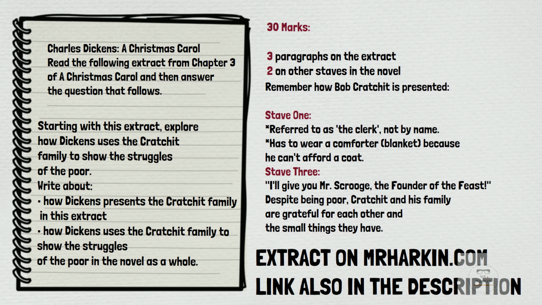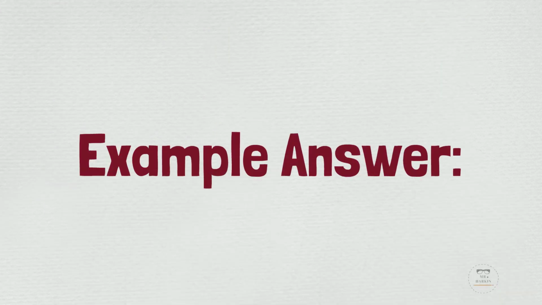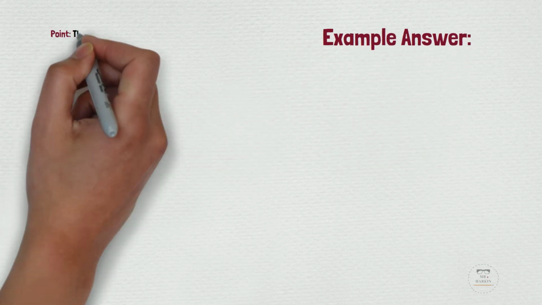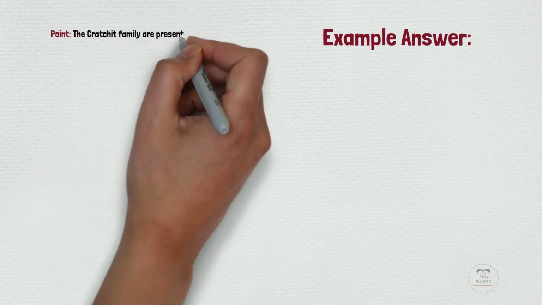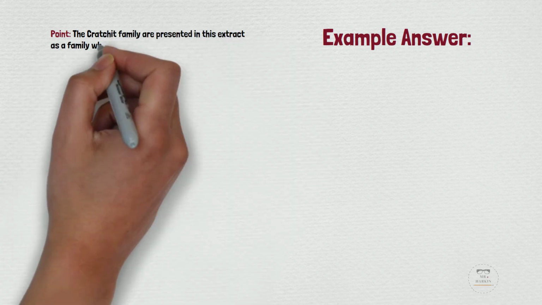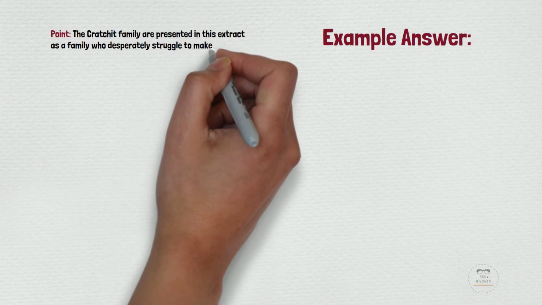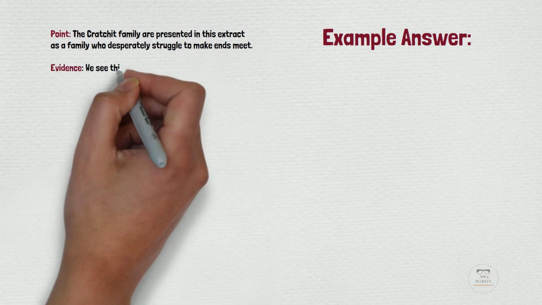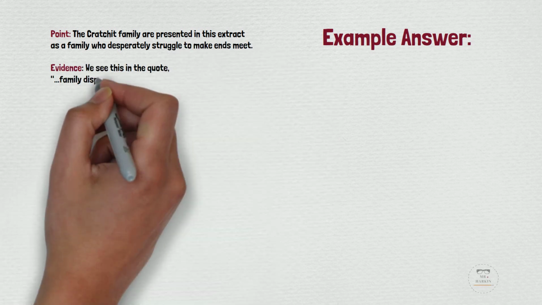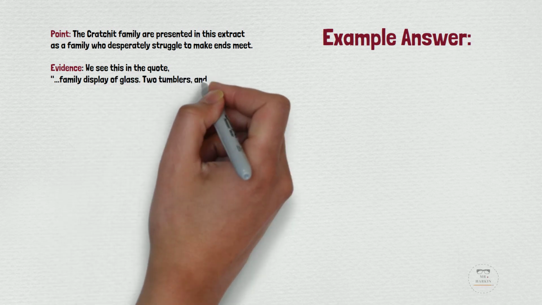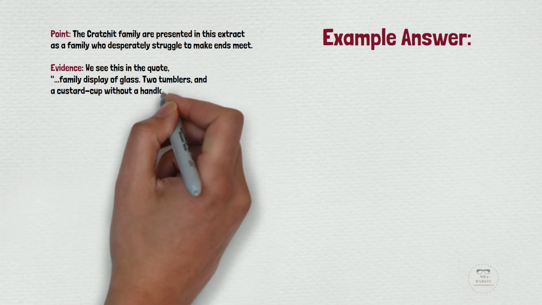Using the framework you're comfortable with, have a go at writing a paragraph, and I will provide you with a model answer to help you along. Okay, welcome back. From the extract, we can see that the Cratchits struggle financially. So my point is, the Cratchit family are presented in this extract as a family who desperately struggle to make ends meet. We see this in the quote,